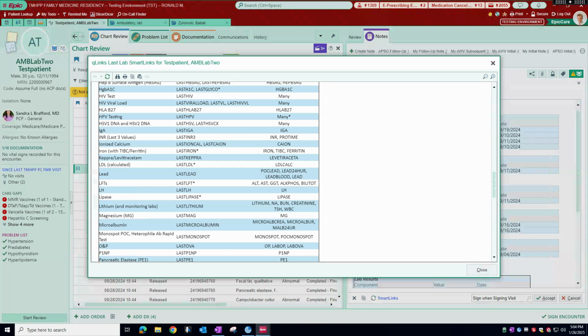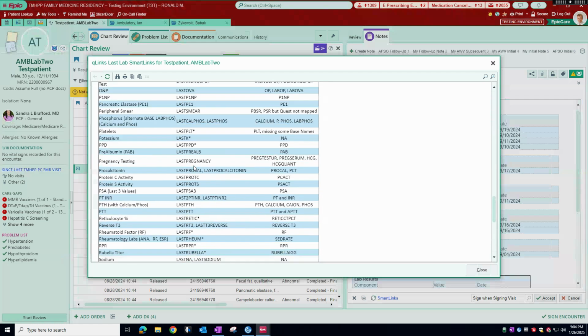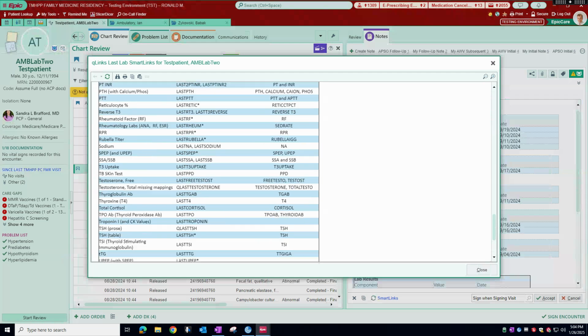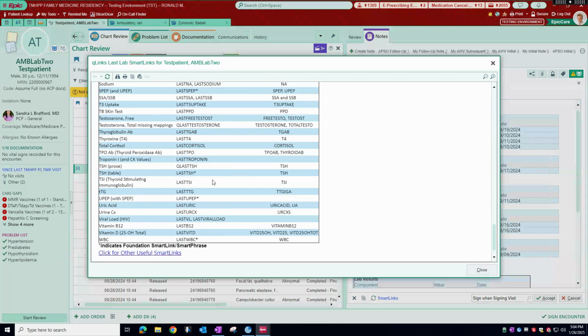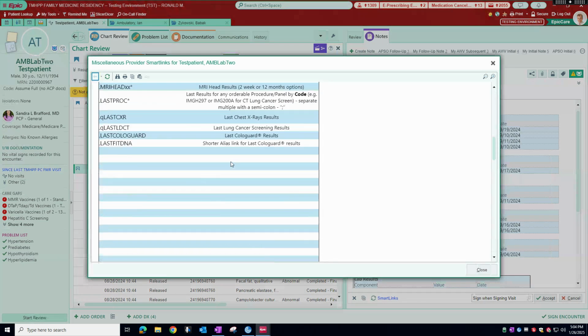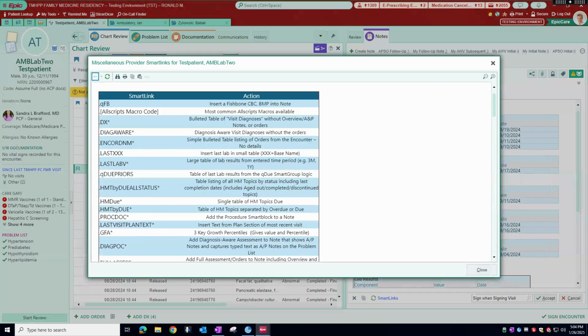Definitely reach out if you find some that, after go live, are not working. They're pulling in the wrong item or not pulling in something that's clearly available on the chart. At the bottom of the Last Lab SmartLinks pop-up, there's also the other SmartLinks one, so you can put these redundancies in place to capture